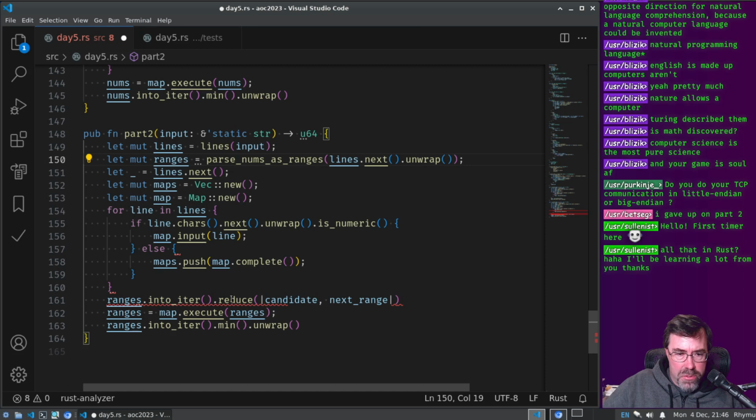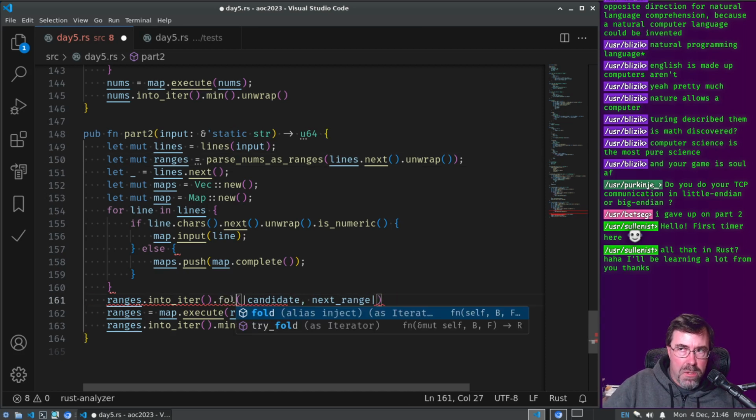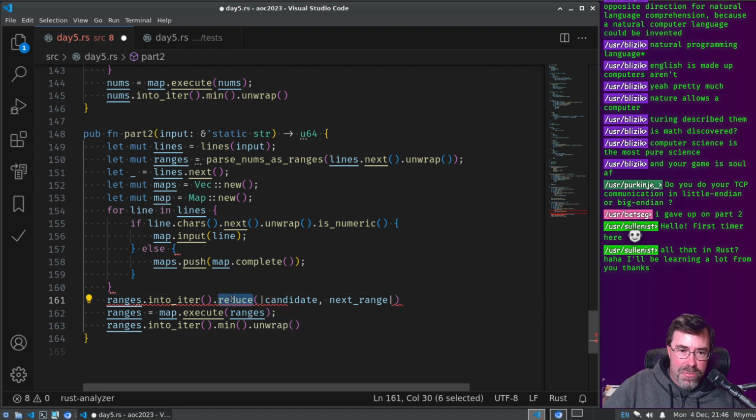Actually, I don't want to do reduce. I want to do a fold. Shoot. No, I don't. I do want to do a reduce, but I need to flatten these ranges first, right? Well, why don't I just take the minimum of each one, and then take the minimum of all that?